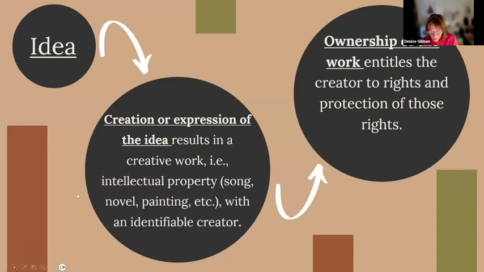If you take a look at the circle in the upper left corner, suppose I want to write a mystery novel about a woman reporter who works at a newspaper. Once I'm inspired by that idea, I move to that middle circle where I use my creative powers to transform the idea into what we call a creation or expression of the idea. I create characters, dialogue, plot. I might only create one chapter or maybe the whole book. I'm transforming the idea into a story. When I've expressed my idea in a form and to an extent that it can be recognized as usable property with an identifiable creator, then we can move to the third circle. My efforts result in ownership of what the publishing world calls a work. Now that my work exists, I'm entitled to ownership rights in that work. Next,